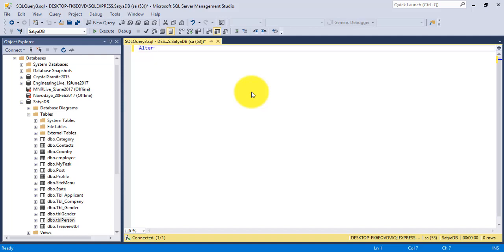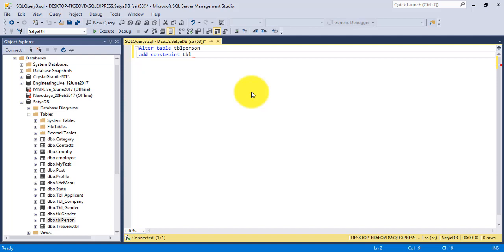Alter table, which table I want to alter, that is table tblPerson, and I add constraint. What is the name of the constraint we want to add?